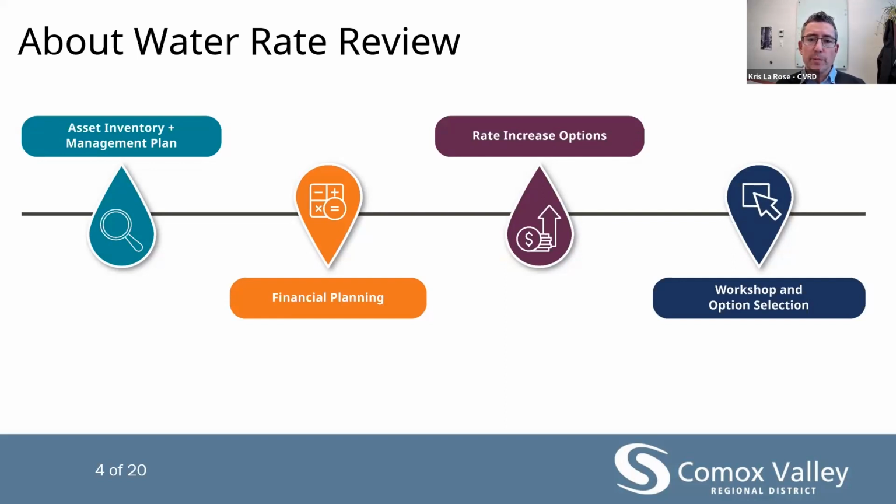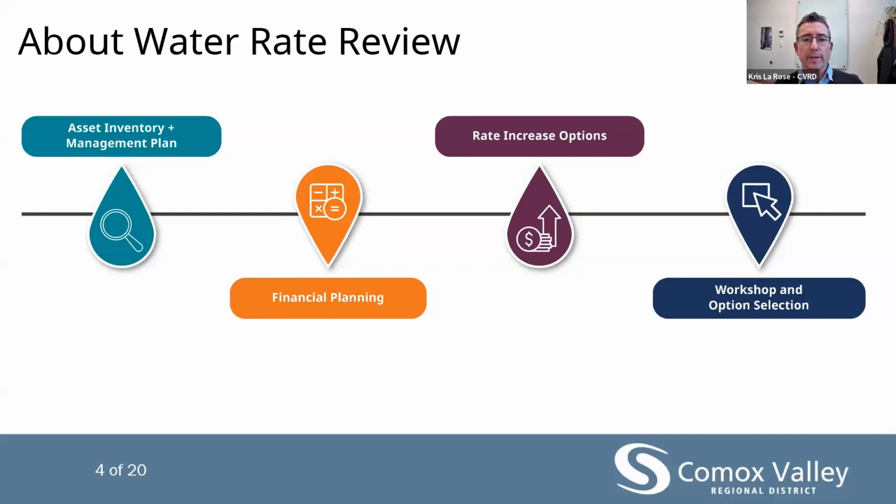Once the inventory was complete, a replacement and maintenance schedule was created, allowing us to look ahead to what upgrades are on the horizon. With that in hand, we undertook a financial planning process to determine what was needed in order to pay for the required replacements ahead. This includes understanding what will be needed for ongoing operations and maintenance and for capital costs for the replacements. It was clear that the current rates of water are not sufficient to meet the long-term financial